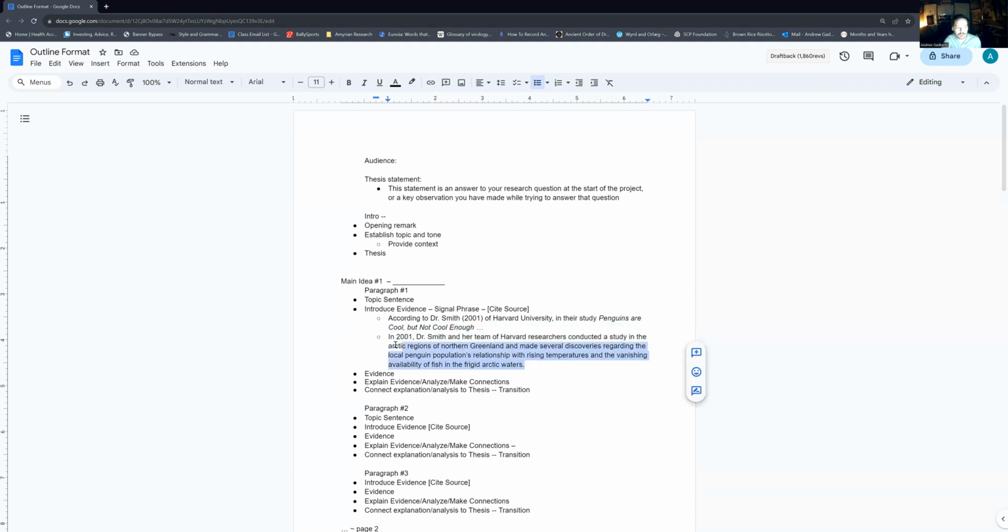But if there's some interesting contextual information surrounding the study or the source or whatever, you can do this. And this is much better than the signal phrase. But again, the signal phrase is fine. You need to do this for every single source. You need to have some kind of introduction to the source. If you don't do this,